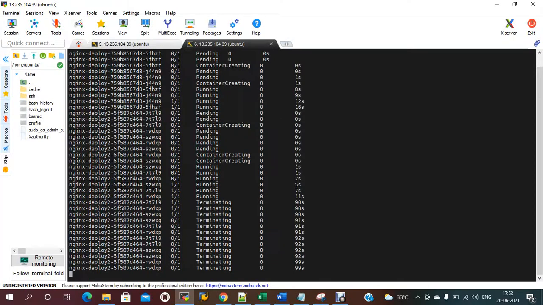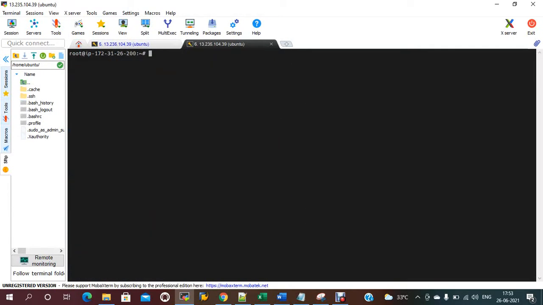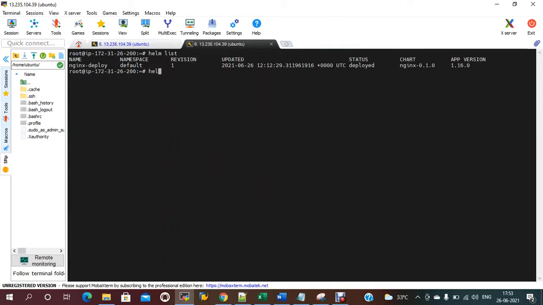Before that, I am deleting the previous one. Helm list, helm uninstall nginx deploy. It should automatically delete the deployment, services, everything. It should be uninstalled.